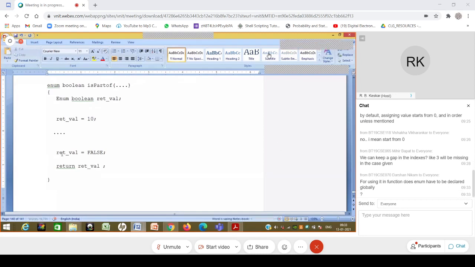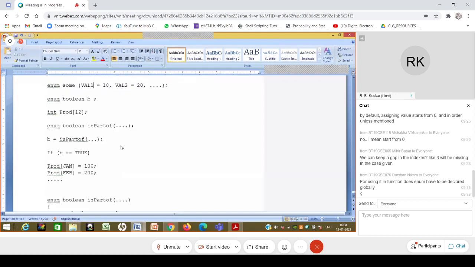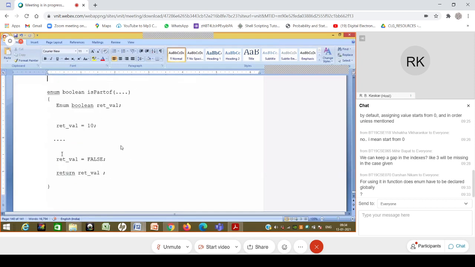Now, if you are using a C++ compiler, then in that case this will turn out to be an error, because the C++ compiler considers enum boolean as a very strict type. A C compiler is a little bit lenient. It says, okay, I will not check it; it is the programmer's responsibility. So even if you say rate val equal to 10, it is not going to do that check. Perhaps the thing will fail only when it goes over here, where b is not equal to true, or rather 10 is not in the set of values. But it will not lead to any compilation error.